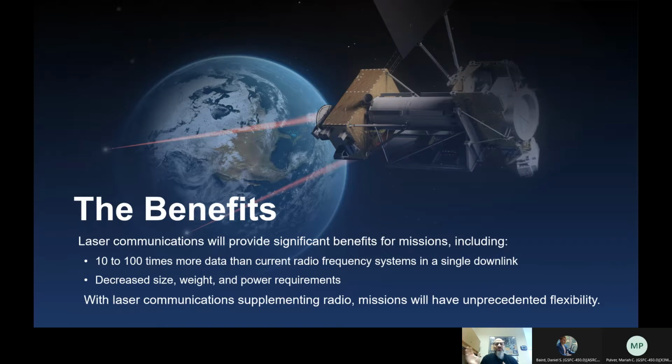And then if you combine that with the higher frequency, it allows us to modulate the signals with a higher rate of transitions, which also gives us that higher data rate. So those two things combined give us the ability to get a couple of orders of magnitude of data rate or data volume transmitted, and it also allows us, at the same data rate, to reduce what we call the SWaP, the size, weight, and power of our equipment on both ends of the link, which is also very important. So combining those two together is really going to be what enables our communications in the future,